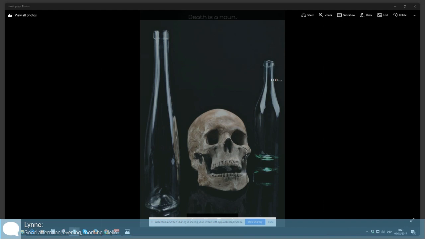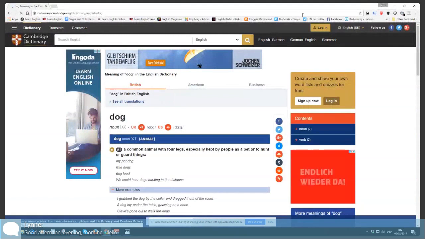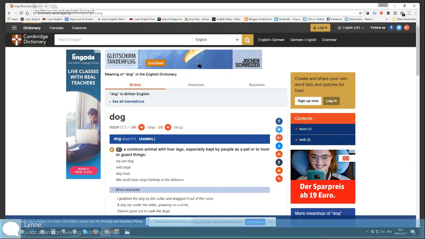Now, if you're struggling whether a word is a noun or not, use your dictionary. Okay? Let me do a screen share of my browser. So you can check in a good dictionary. Go to a good dictionary. I use the Cambridge Dictionary a lot because I'm British. You could go to Webster's. That's fine. So an animal is a noun. What about the word for an animal? A dog. Is it a noun? Yes. And it will say so in the dictionary.